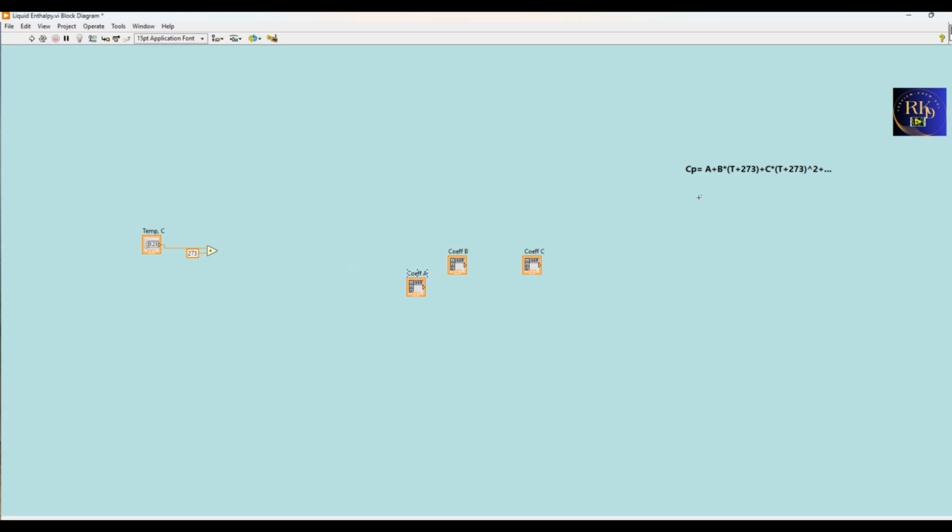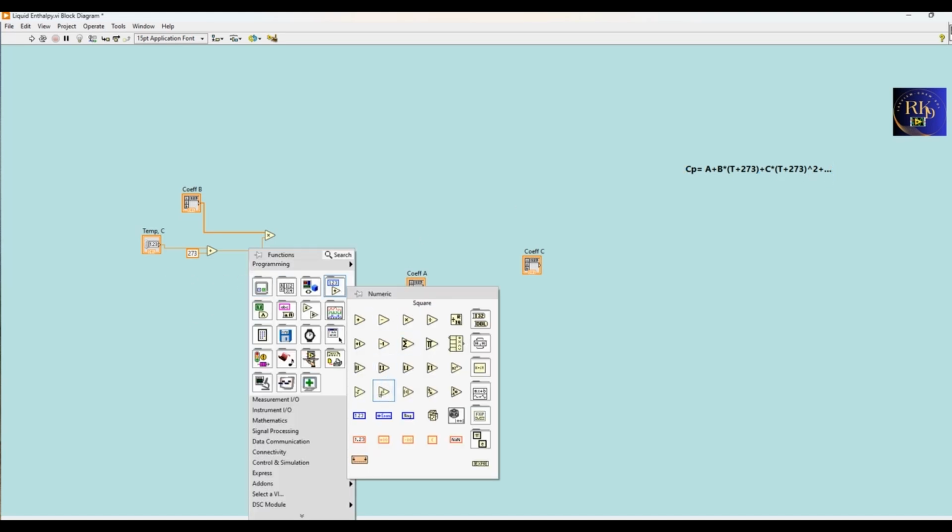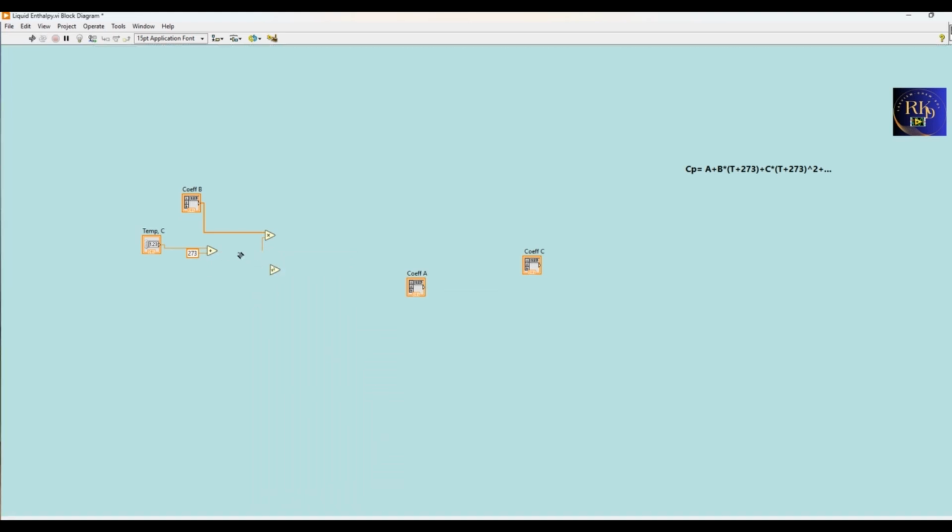Now this is multiplied with B, so I'll put it here and take one more multiply operator, so B into T. And here this is a square, so I'll take one more from here. Whatever answer B is giving, I'll multiply with this C, and then we'll add all these three.